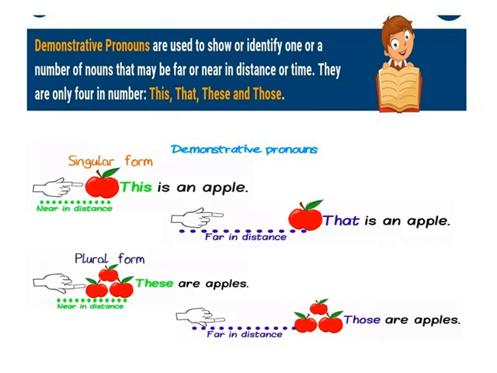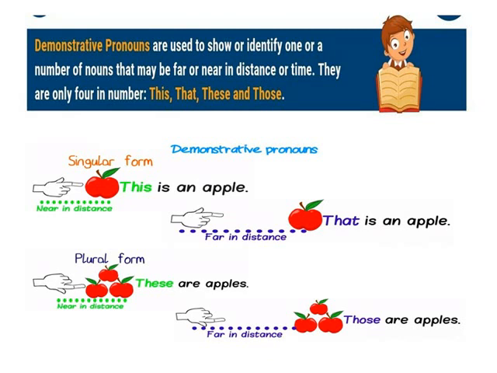Next is demonstrative pronouns. A demonstrative pronoun is a pronoun that is used to point to something specific within a sentence. These pronouns can indicate items in space or time, and they can be either singular or plural. When used to represent a thing or things, demonstrative pronouns can be either near or far in distance or time. Near in time or distance, we use this and these. Far in time or distance, we use that and those.